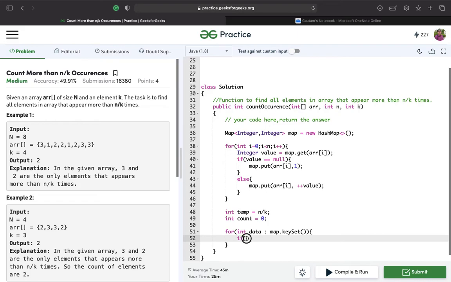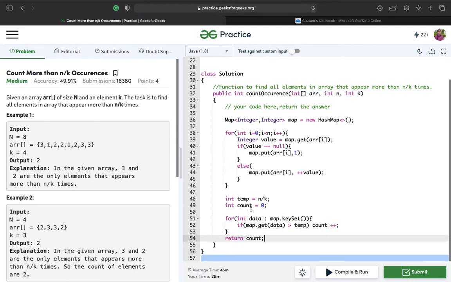And if map.get(data) is greater than n by k, we'll simply increment count plus plus, and after that we'll return count. So we are iterating through each key in the map, and if the value of that key is greater than n by k, we'll do count plus plus, and then return count.